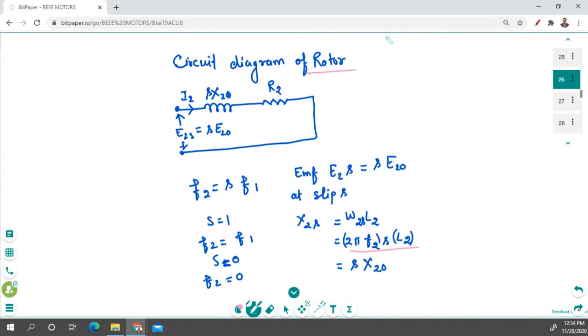Okay, so in this part you are saying this. So this is not for the stator. We will consider F1 for the stator part. We will consider F2 for the rotor. Okay, we are talking right here about the rotor part. So rotor frequency is F2, whereas stator frequency is F1. Okay, Gautam, have you understood why we have taken F2? Then why we wrote S? S is the slip.